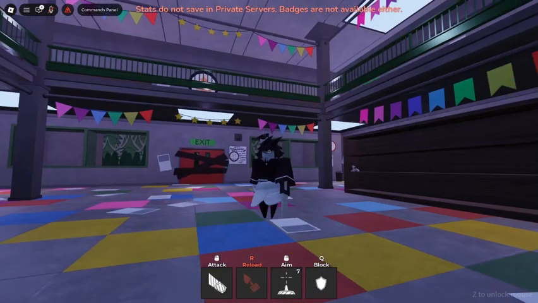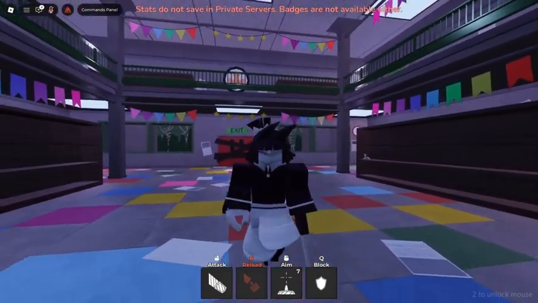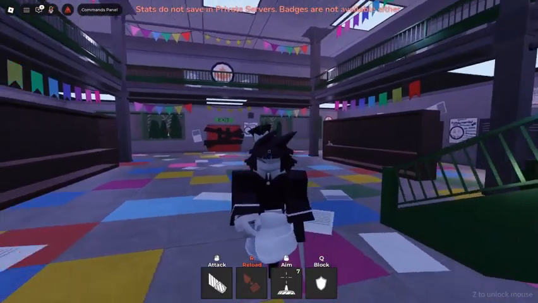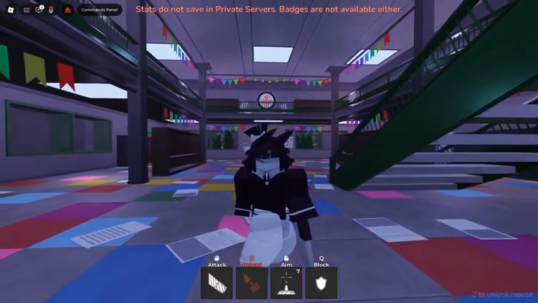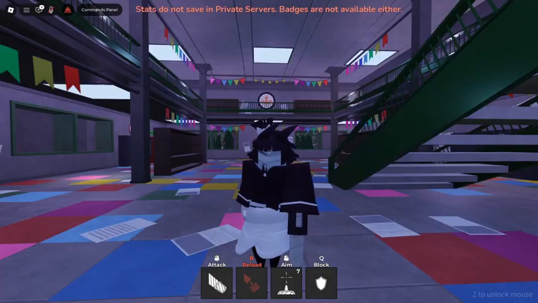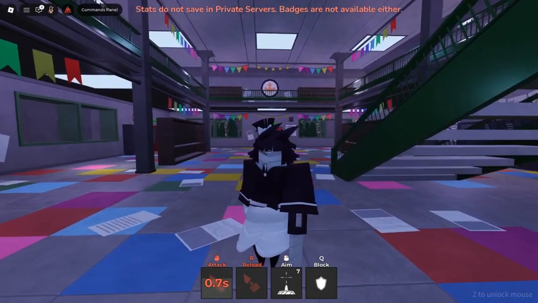The next one is Miss Bloomy, the shortest character out of all of the teachers in this. Miss Bloomy has a couple of attacks as well. She has her normal simple attack, the swing of her blade that she uses to slice people with.